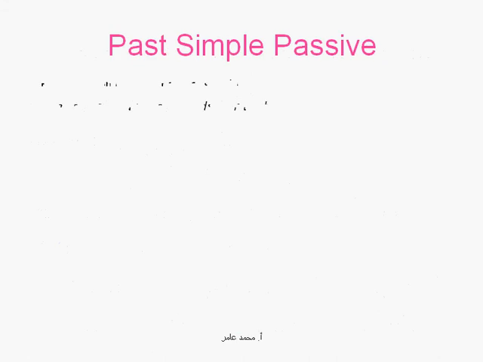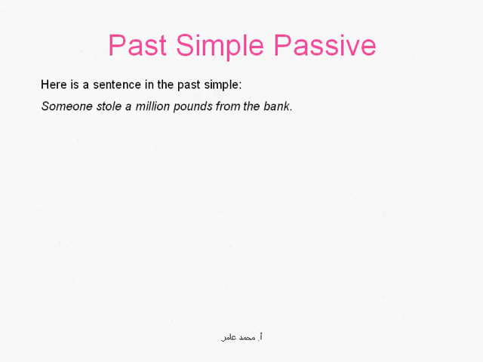The past simple passive. Here is a sentence in the past simple. Someone stole £1 million from the bank. Now let's change it to the passive voice. £1 million here is the object. We start by the object. £1 million